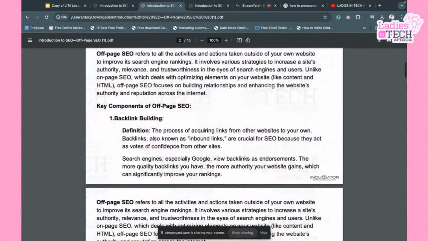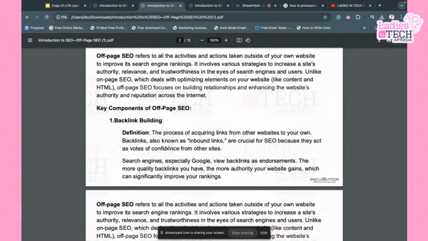Now for backlinking, we're going to look more at different aspects of backlinking, site authority, and whatnot to help you gain insights on how backlinking works. Now, definition. This is the process of acquiring links from another website to your own. That's what backlinking is. So if another website links to your website,